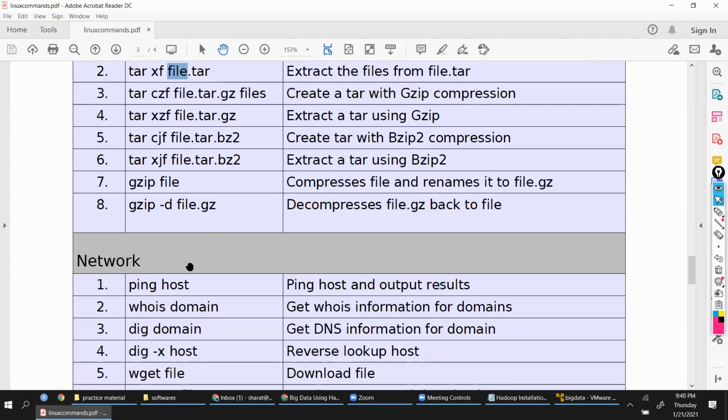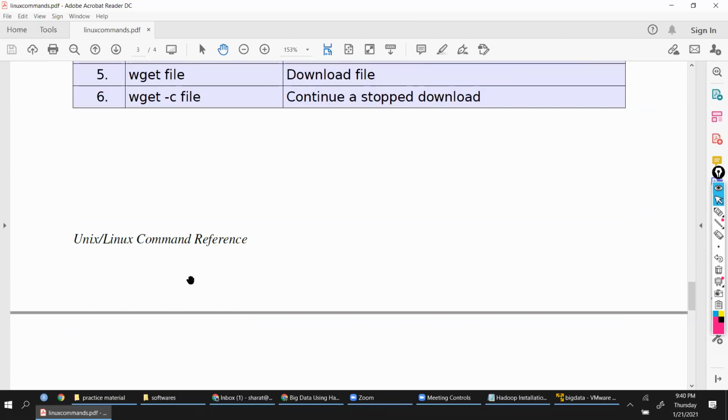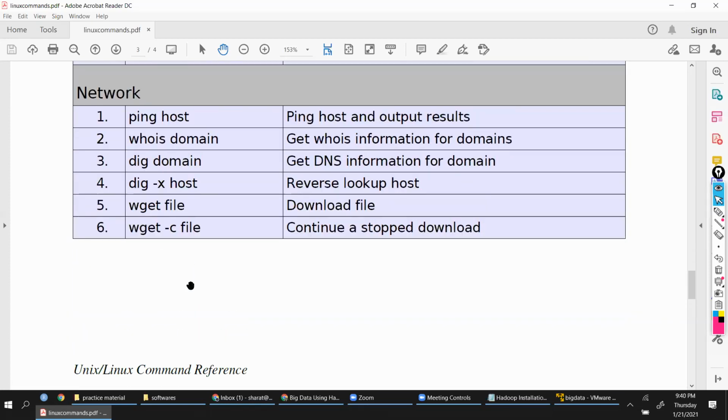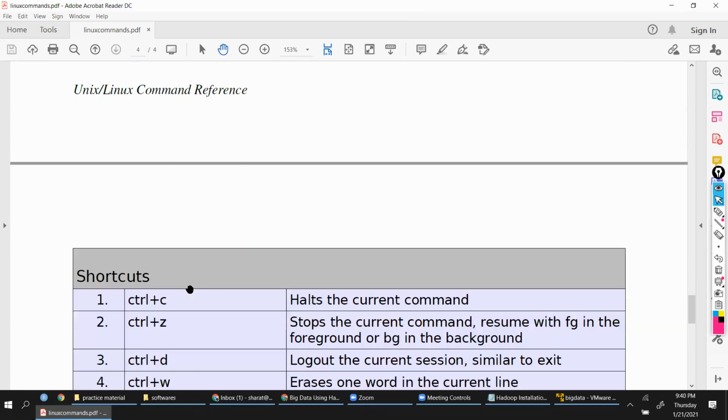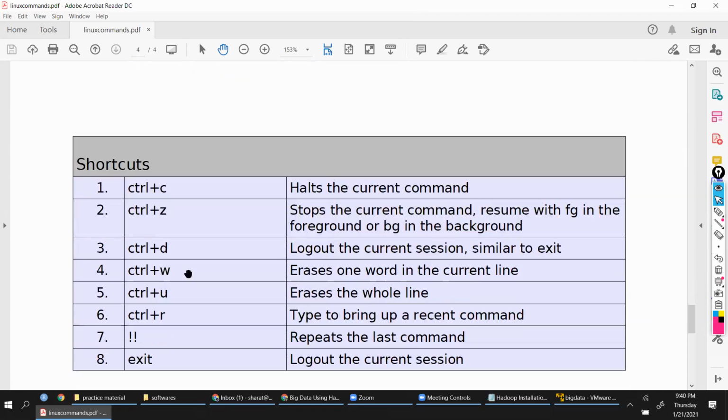We will be doing them. Then we also have network related commands. We'll not look into this at this stage. Network is a little complicated. We'll not go into that. Next,